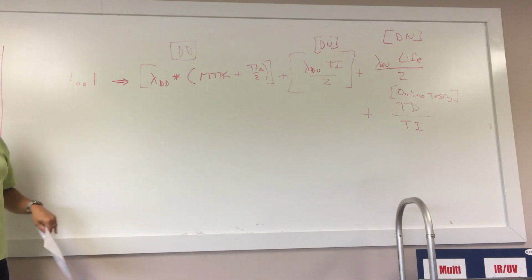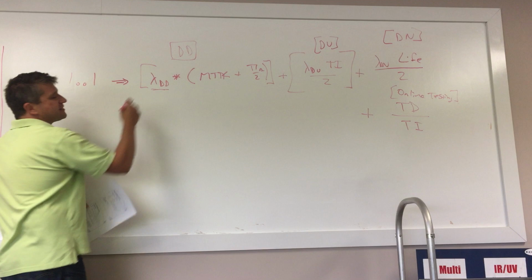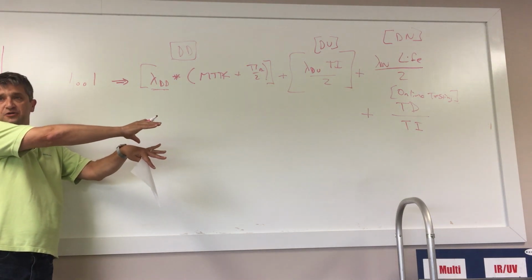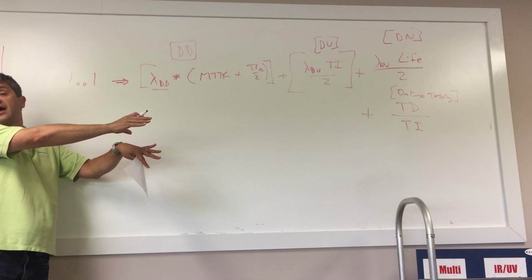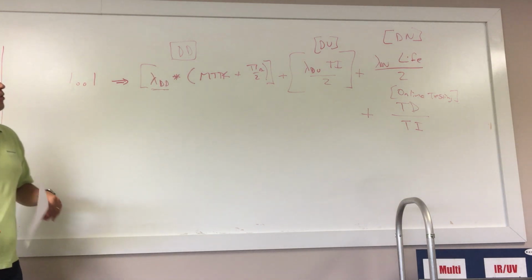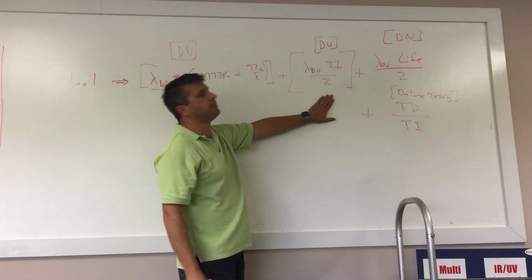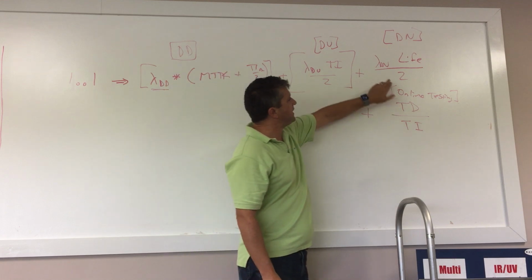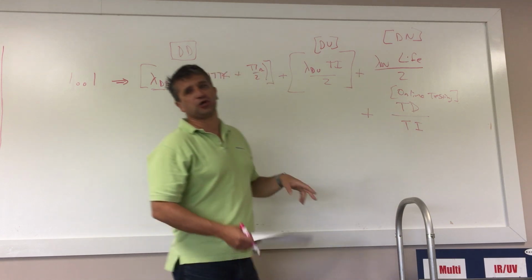So what you're doing there is you're essentially taking this lambda DD and shoving it over to the other side of the ledger and converting it into a lambda S, or a safe failure. So that's what would make that term go away. The DU term is always there, it never leaves. The lambda DN term